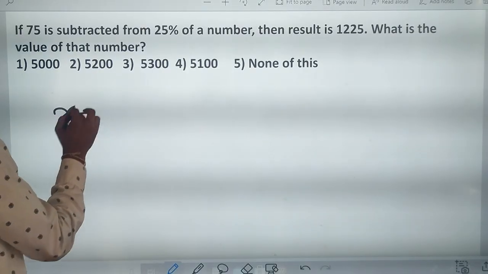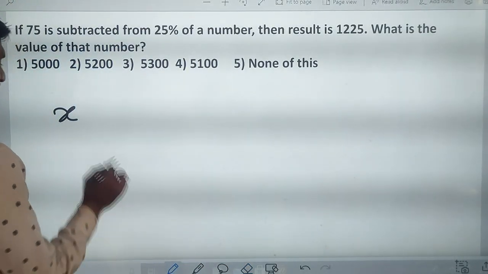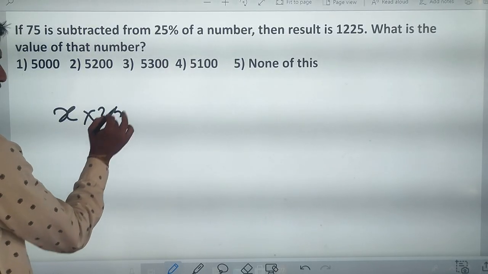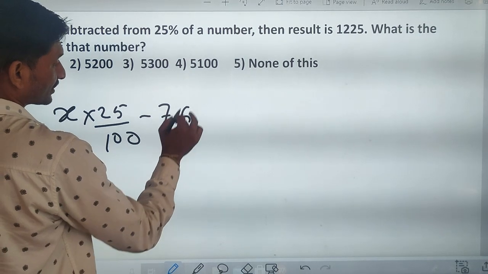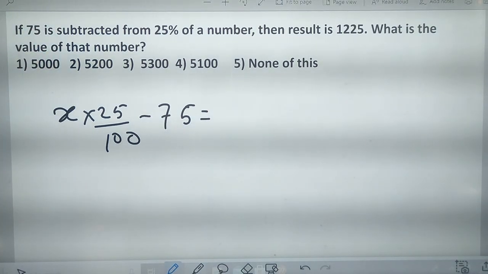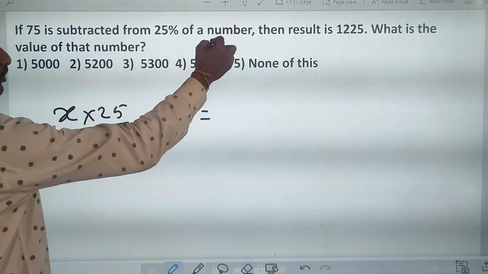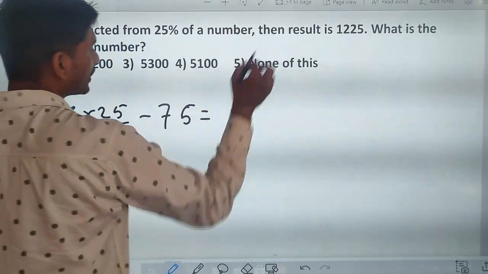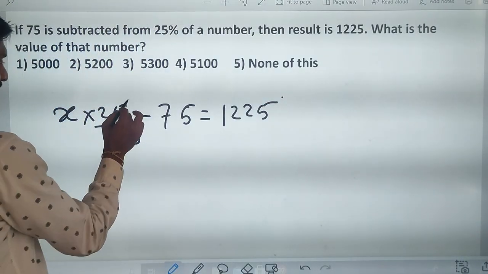Then x minus 25% of this number, x into 25 divided by 100, and 75 subtracted. Now your number becomes subtracted by 25% of the number, then the resulting number is, here we write